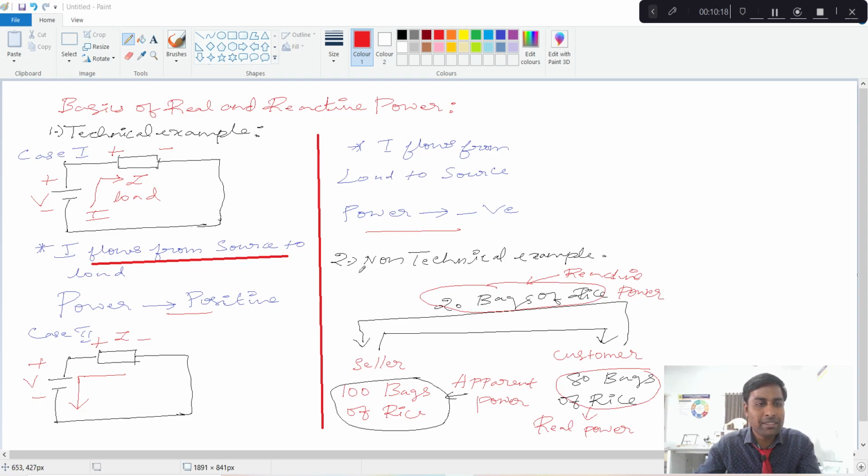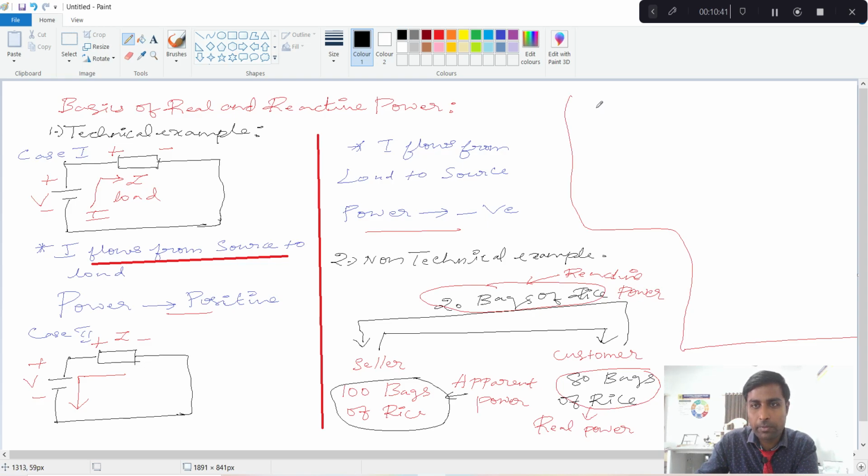So with these two examples, we can easily understand what is real power and what is reactive power. In the next lecture, I will take an example, as I will write here. I am going to take